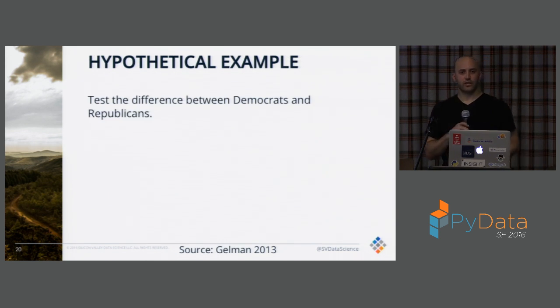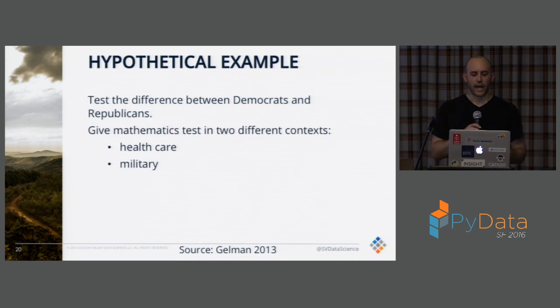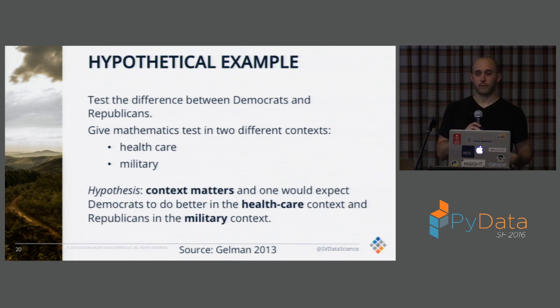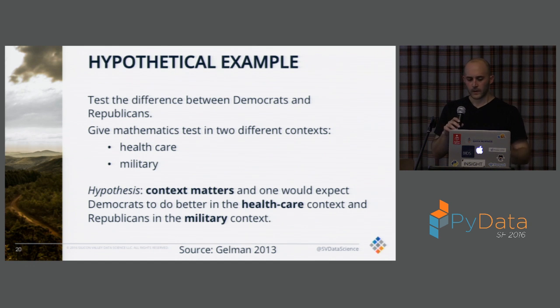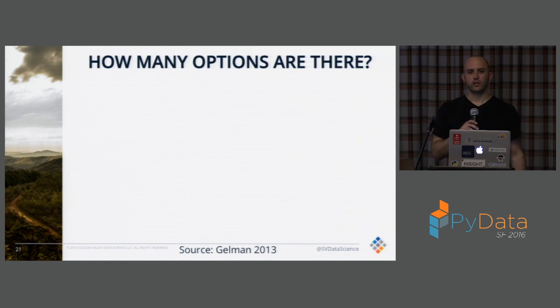So imagine you would like to test the difference between Democrats and Republicans, and you're going to do this test by giving a math test in 2 different contexts, healthcare and military. The hypothesis being that context matters, and one would expect Democrats to do better in the healthcare context and Republicans to do better in the military context. So this is just a hypothetical example. So already, you can ask the question, how many options for results are there? So the number of patterns that could be found